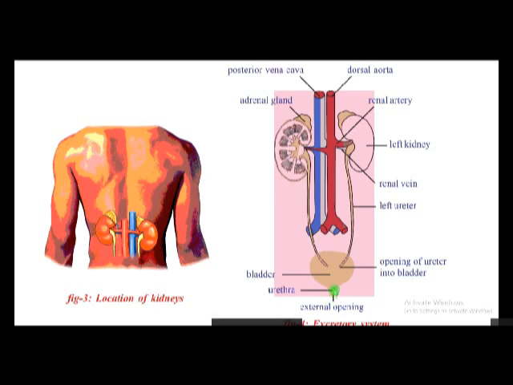At the opening of the urethra, in between the urethra and the urinary bladder, muscles are present in two layers. These muscles are under the control of our brain. Whenever we want to open the bladder, only then is the bladder opened. In the case of children and old age people, these muscles are out of the control of the brain. That's why children urinate regularly. That means the process is not under their brain control.